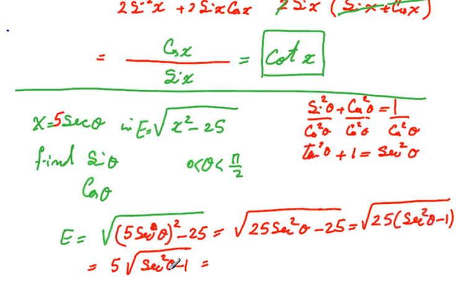Now, secant square minus 1, either I go through the reasoning like this, or I remember from the list of the identities, and as I said, there's just plenty of them. I realize that this is same as tangent. So